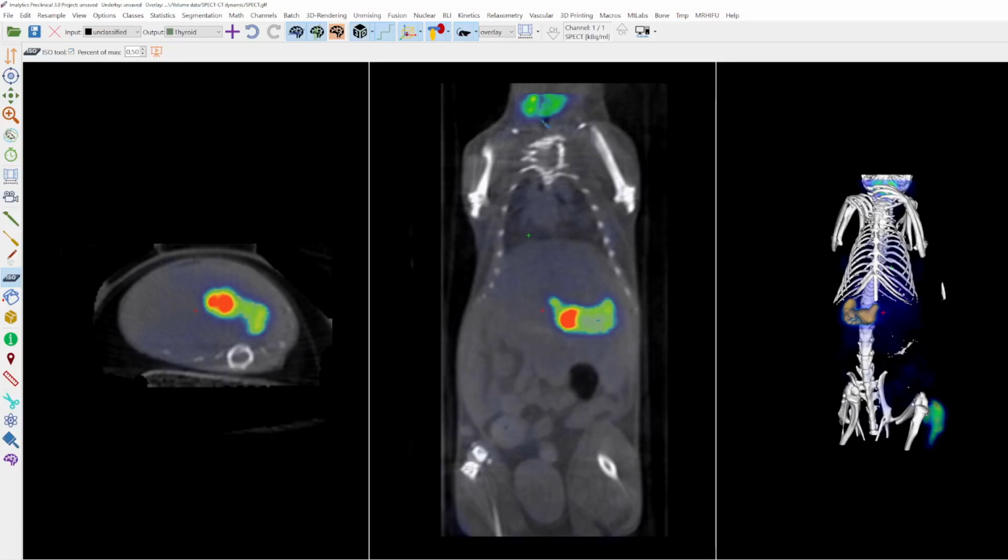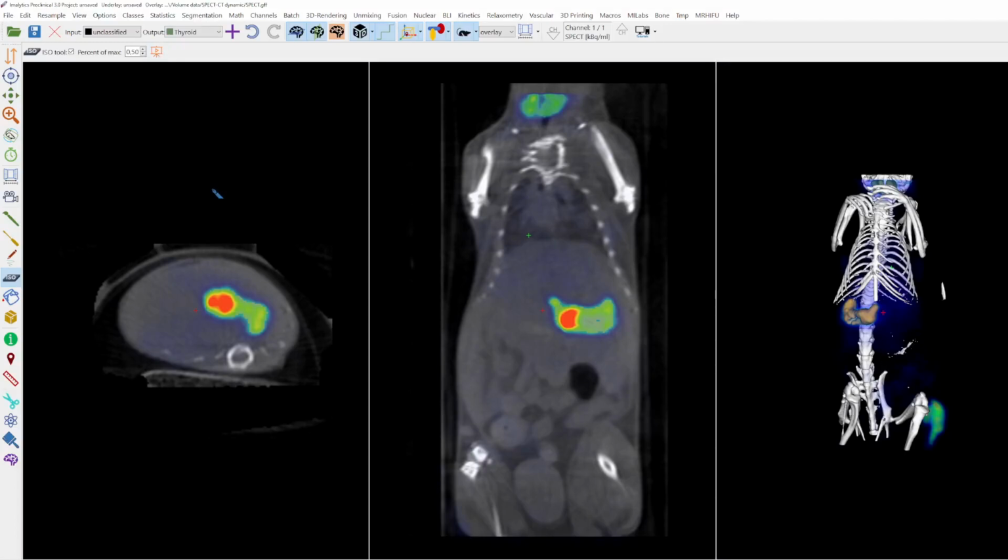So it doesn't really matter where you click inside the organ. In this way it's more accurate, more reliable and more robust. It's also explained in the video about the ISO tool, and you can watch the video here under play video if you have more questions about the ISO tool and about this function percent of maximum.